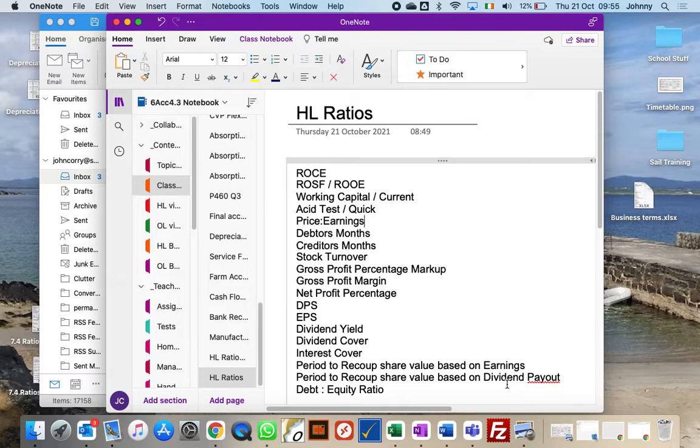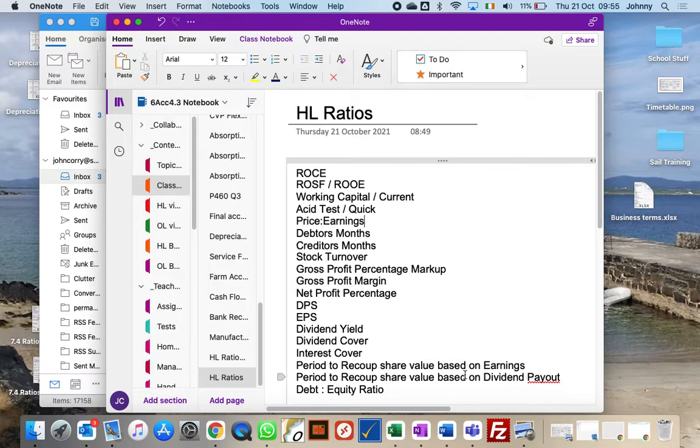So the longer that time period is, the less attractive it is as a way of investing. So if people are thinking about investing money in shares, they might say to themselves, well, if that's what the share price is, how long will it take me to get my money back? Because that's what investors will be thinking about, especially if the investor hasn't bought shares now, but is thinking about buying shares in this business. And it's either based on how much it's earning, because obviously if we're earning loads and not paying out much in dividends, that's still okay for the future of the business. But in the short term, I, as a shareholder, might not be happy because I'm not getting loads of money back.